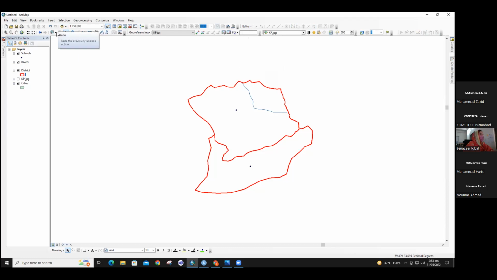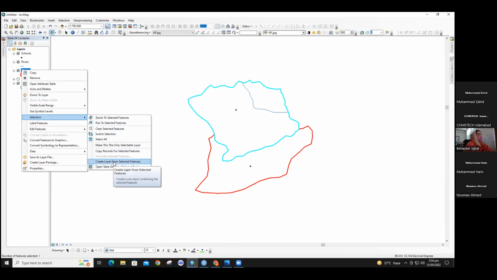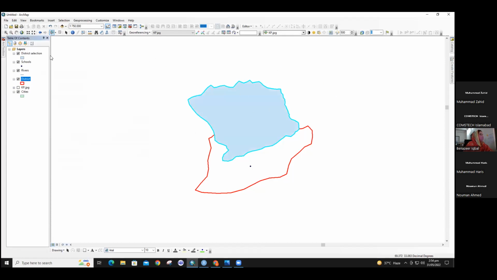Now, if I want to have this polygon only, I will go to the selection. I will select this polygon only and go to that district shape file. I will right click on it, go to selection, create layer from selected feature. Let's say we have a lot of features in our ArcMap document, and we need only one polygon, so we have to create one single layer from the selected feature. Click on it, and it will make